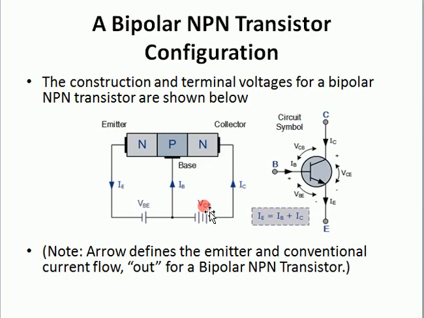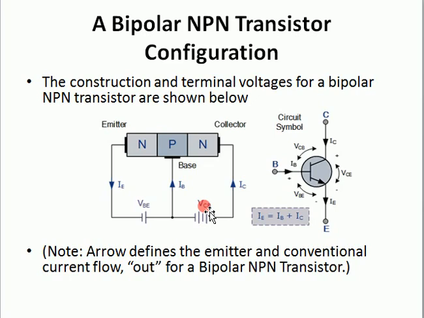Now we come to the switch: when it will work as an on switch and when it will work as an off switch. When we talk about the cutoff region, in the cutoff region the emitter base junction is reverse biased as well as the collector base junction is reverse biased. When both junctions are reverse biased, that region is the cutoff region. As both are reverse biased, there is no flow of current. When there is no flow of current, the transistor is working as an off switch.